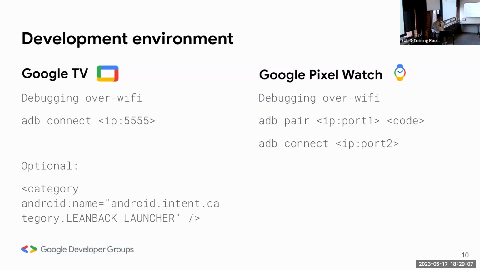So for the development part, both of them use debugging over Wi-Fi. If you're an Android developer or mobile developer, you have ADB that can create a link to your phone, to Android, and you can do it wirelessly. So it works very well. You can debug. You can have a hot reload with Flutter through Wi-Fi. Just for the watch, you have to pair before. It recognizes your laptop, then after that you can connect to it. You have 2 different ports, so you have to specify the port, which is different, and that's it.